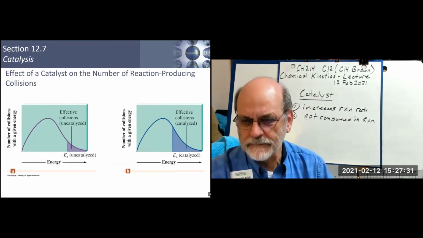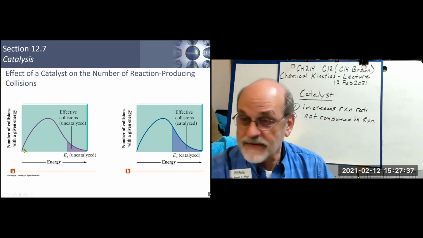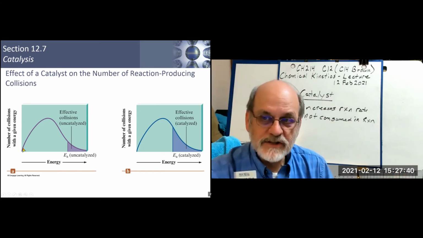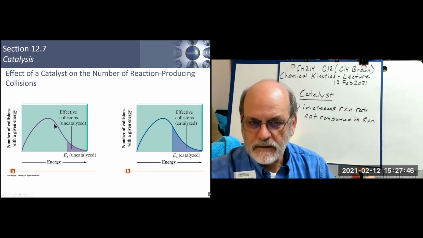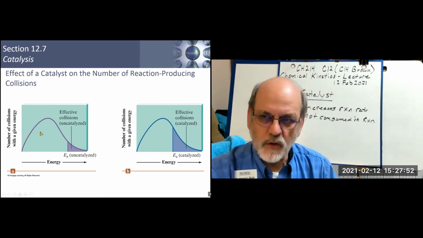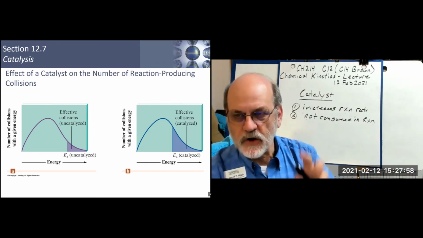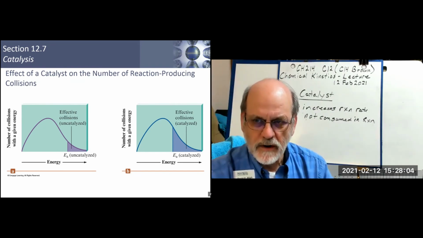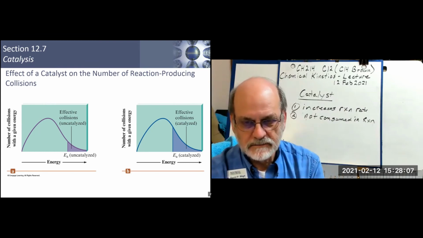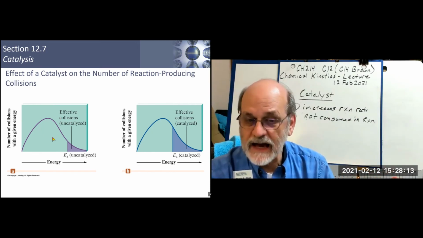This is another way of looking at it. If you look at the activation energy here, and at the same temperature, you have the same distribution of energies, number of collisions for this reaction, right? This looks to me like a chi-square curve. If you've ever had statistics, then you have different shapes of curves depending on the statistical test you're trying to use and what you're assuming about the population. But that's another topic. But notice that the curves are exactly the same for both the uncatalyzed and